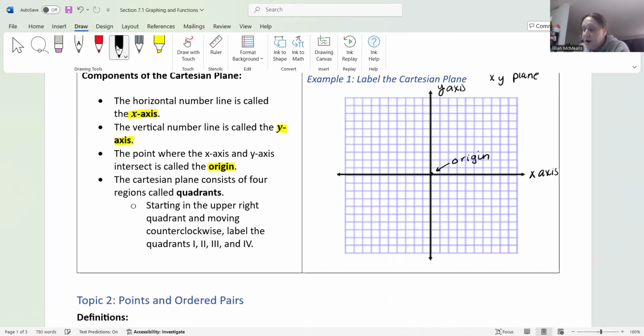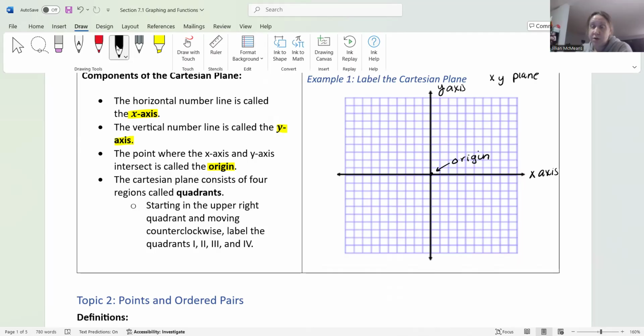Now, the next definition: the Cartesian plane consists of four regions called quadrants. Hopefully you can see here, we clearly have four different regions. Starting in the upper right-hand corner, in the upper right-hand quadrant, and then moving counterclockwise,